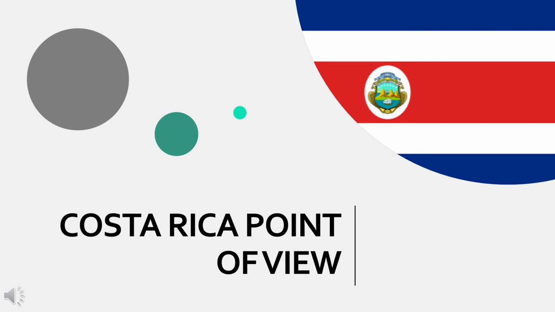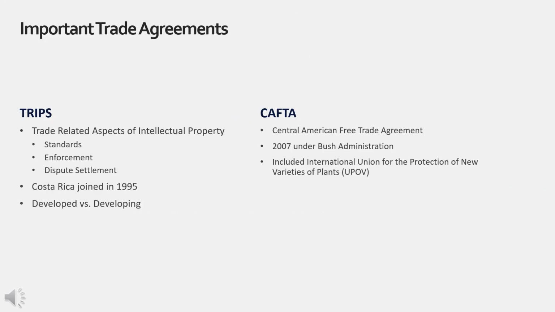Now understanding U.S. IPR as well as international agreements, it is important to view IPR from solely the Costa Rican point of view. The Trade-Related Aspects of Intellectual Property Rights Agreement, or TRIPS, affects the business side of intellectual property. In contrast to the Paris Union and PCT, which were developed by WIPO, the TRIPS agreement was developed by the World Trade Organization.